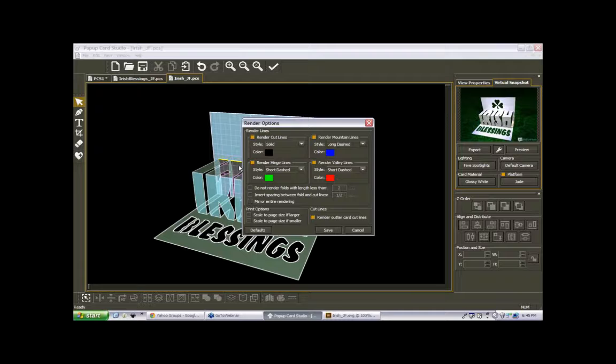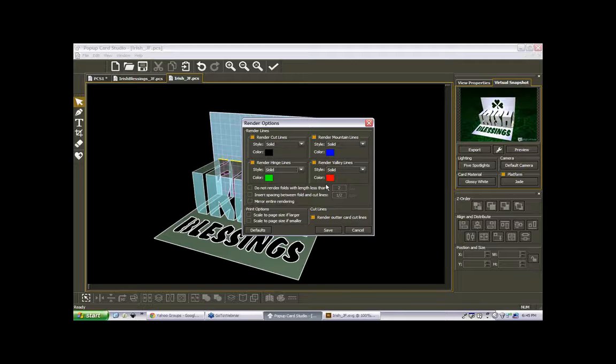Suppose that I would like, right here we have short dashes selected for hinge lines, and short dashes for valley lines, and short dashes for mountain lines. If you want to do solid lines, if you're using an embossing tool, that'll work better. You can change the solid lines for all of these,